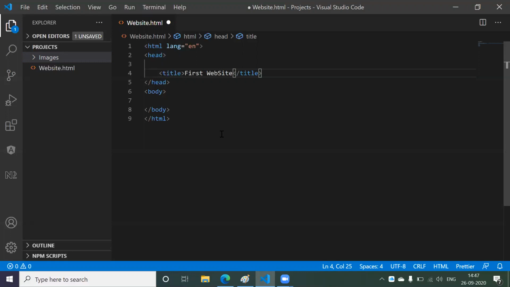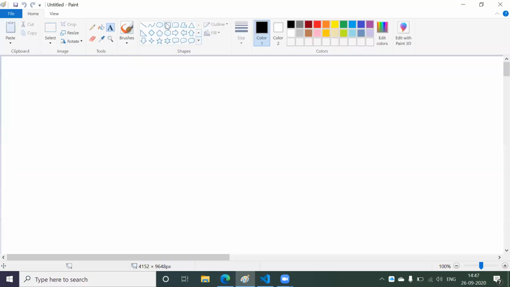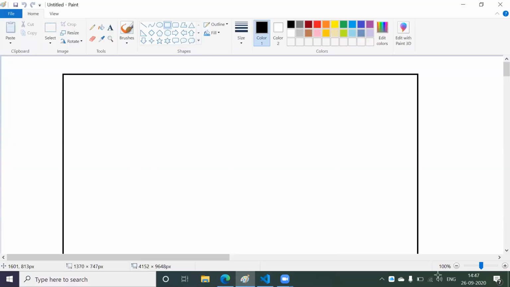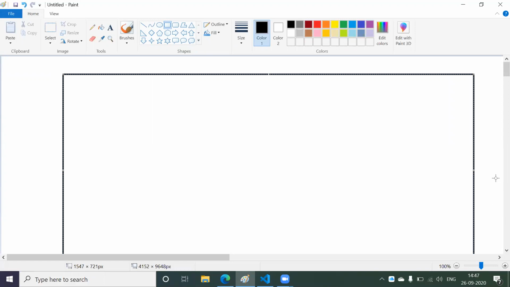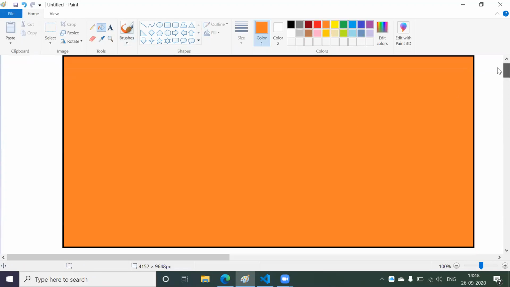Now let's start with a story. Just consider a client came to a company and he told, okay, we'll have one browser. Fine. Now here my first section should look something like this. I want some links here. Apart from the links, I want a background color as well. So just consider he mentioned some background color. Okay, fine. The first requirement is that it should have some background color. Then he told